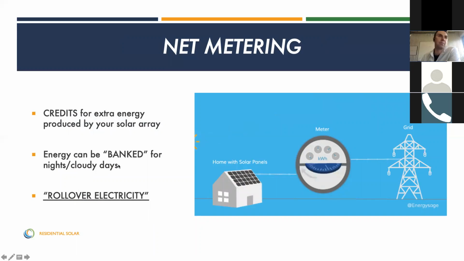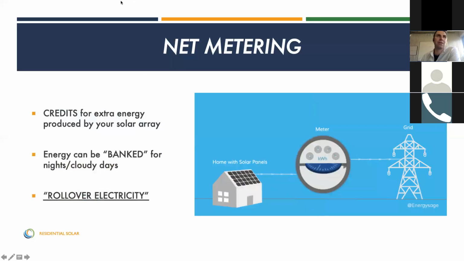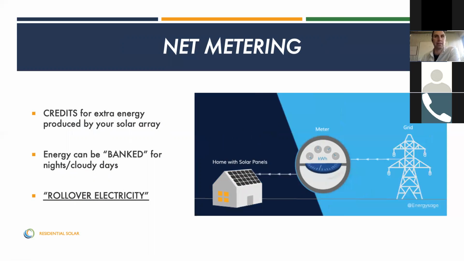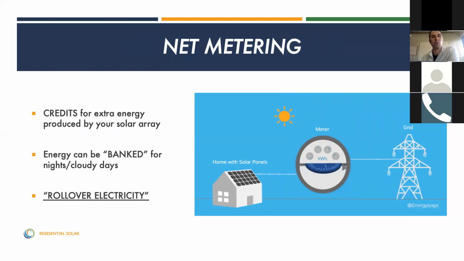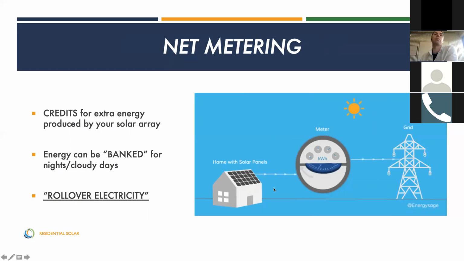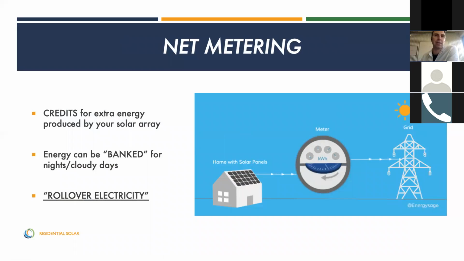Most of the time, that results in very low electricity bills, sometimes even negative bills, in which case you will get a check from your utility for whatever excess electricity you produced over the month. We don't really recommend building an array that's going to consistently overproduce electricity,